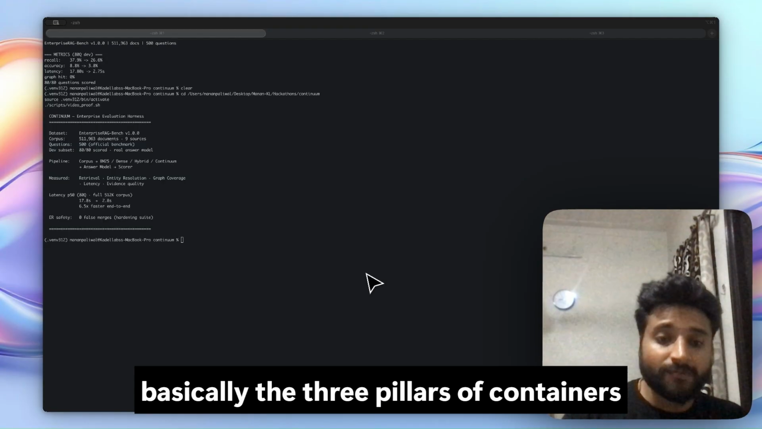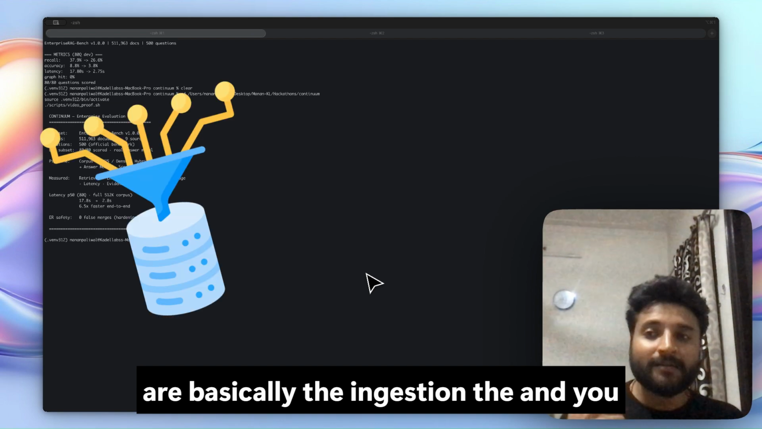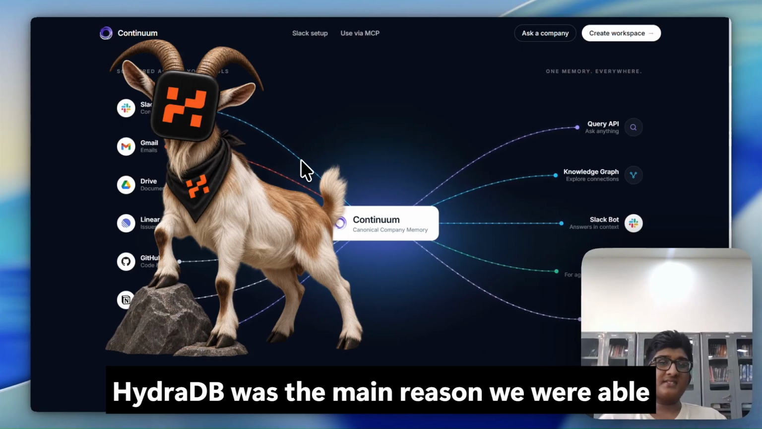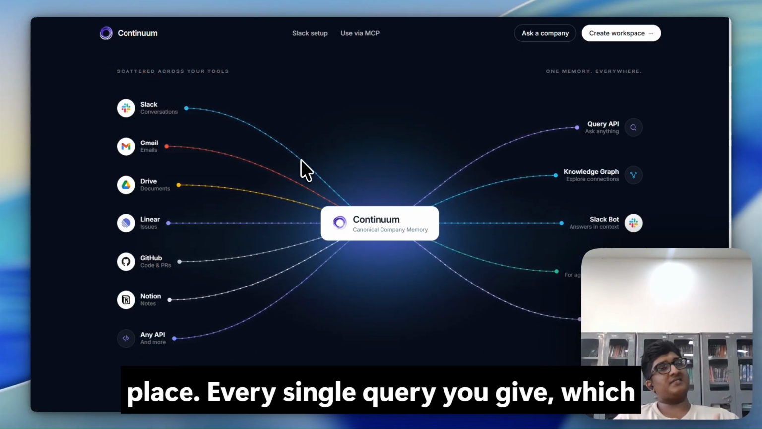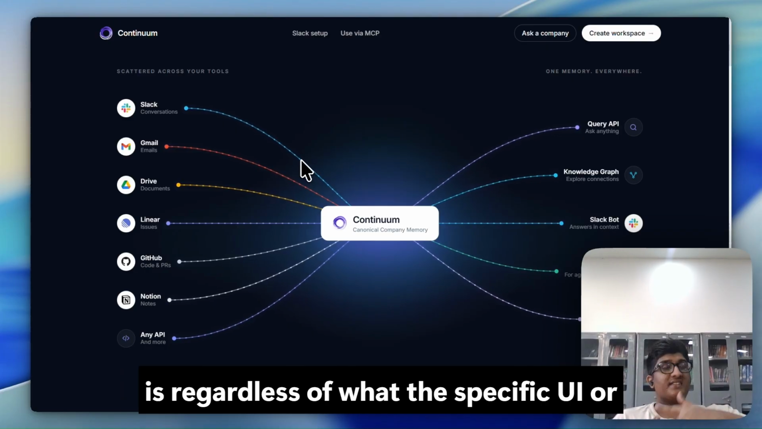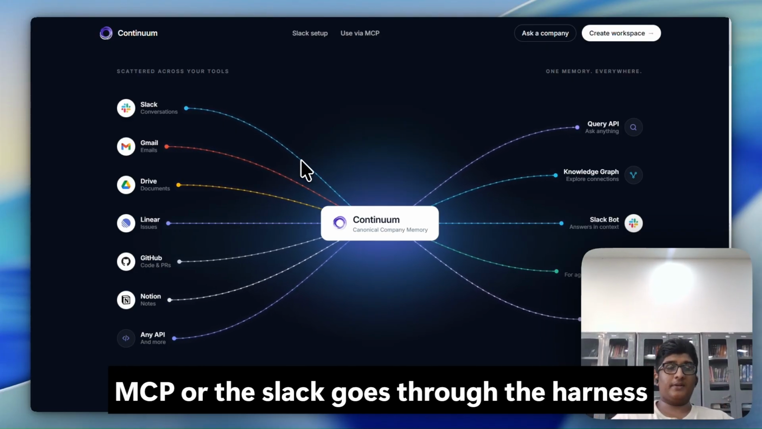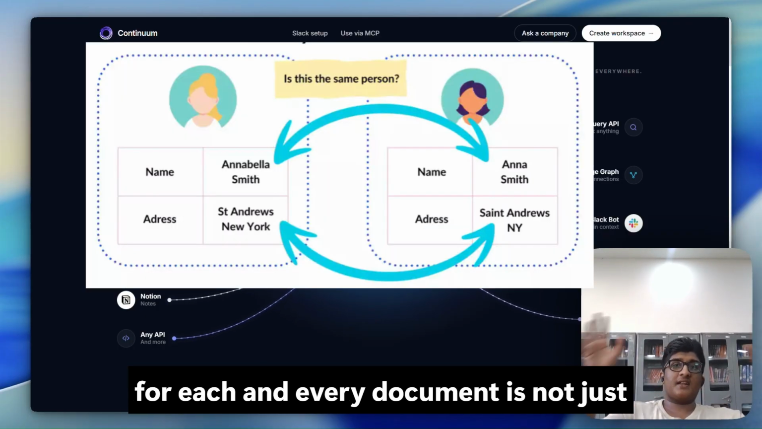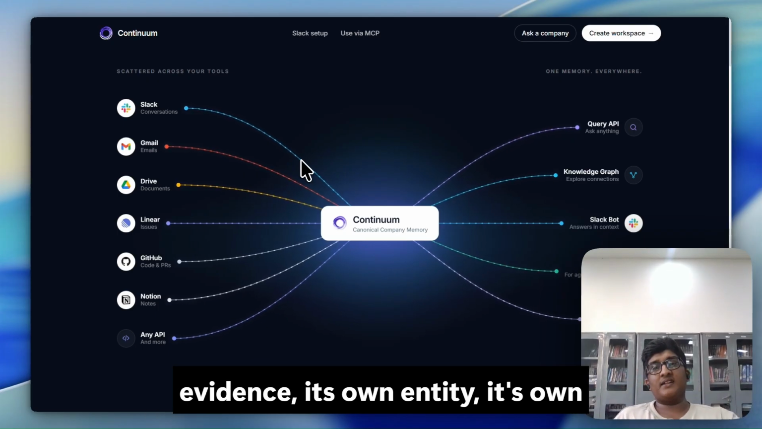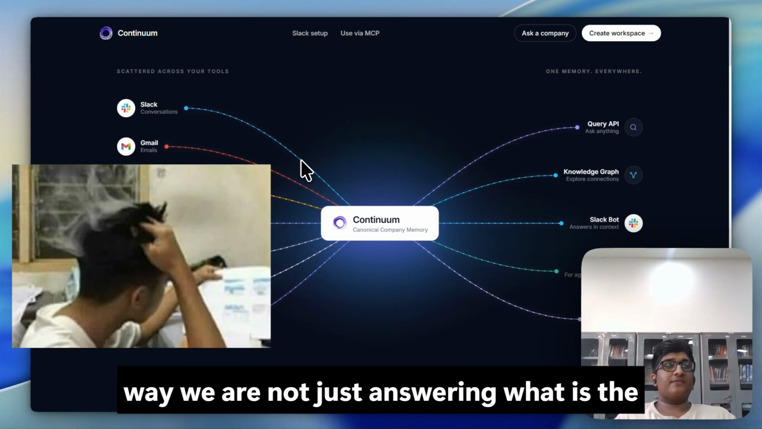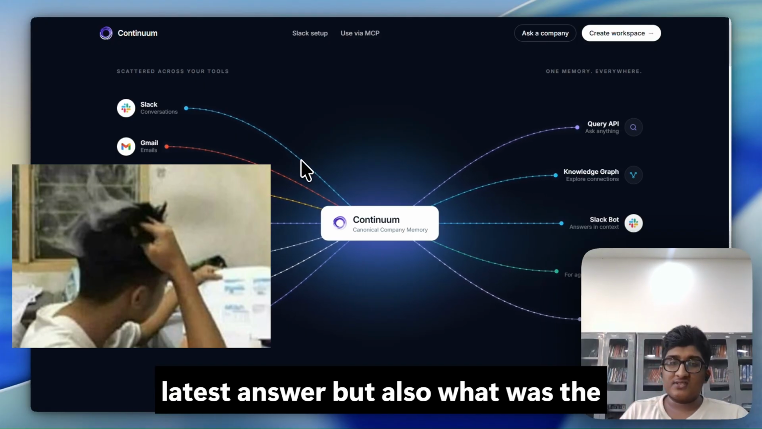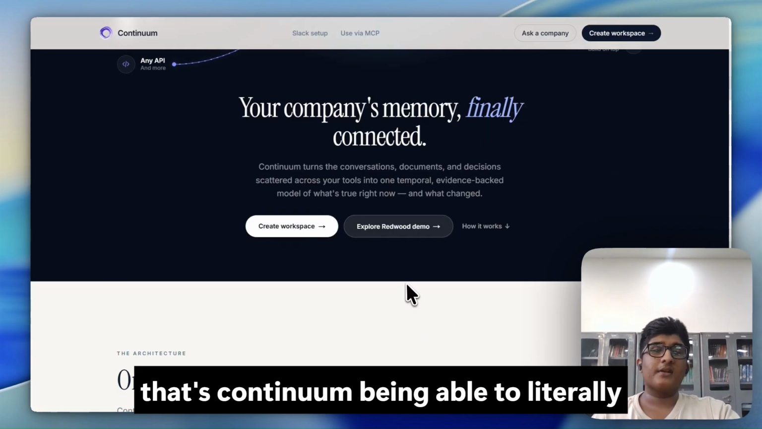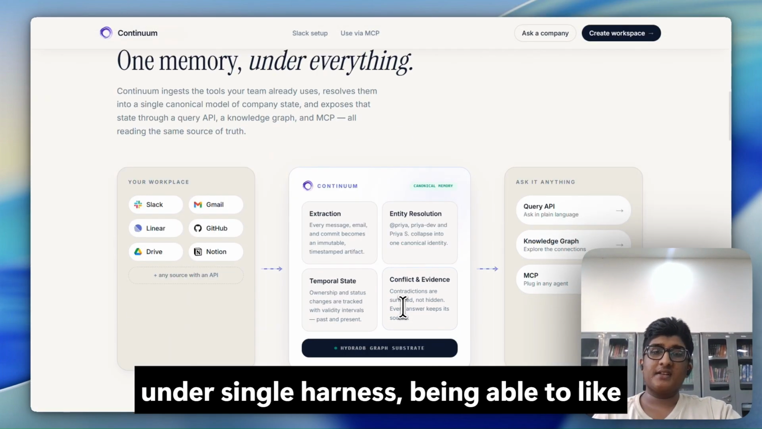So basically, the three pillars of Continuum are ingestion, understanding, and remembering. HydraDB was the main reason we were able to even build this in the first place. Every single query you give, regardless of the specific UI, MCP, or Slack, goes through the harness built around HydraDB. They provide the extraction and entity resolution required for it. Each and every document is not just disconnected. Everything has its own entity, its own relationship, and its own evidence. This way, we are not just answering what the latest answer is, but also what the previous answer was and when it was actually updated. And that's Continuum being able to map your entire company's knowledge under a single harness,